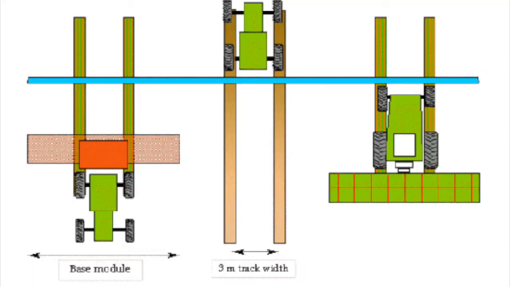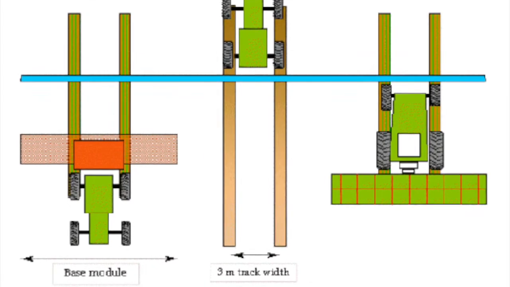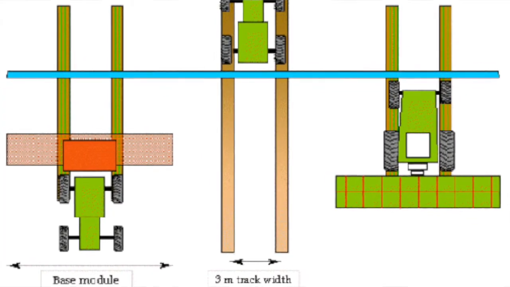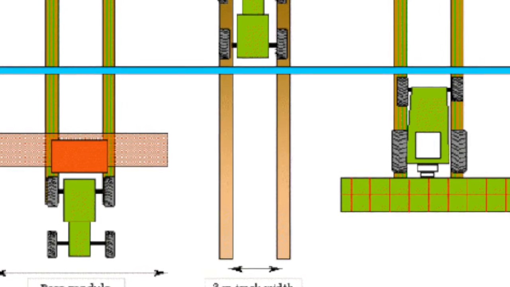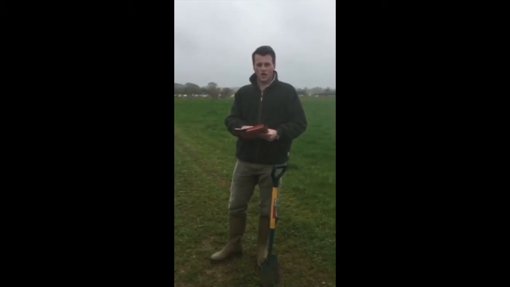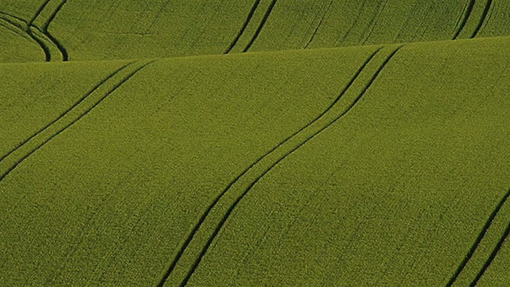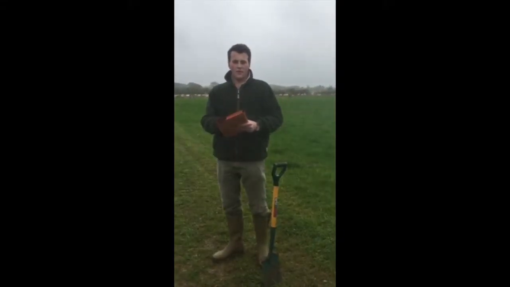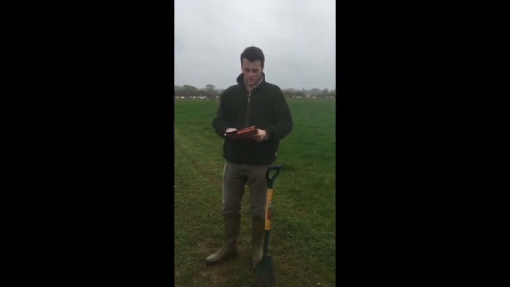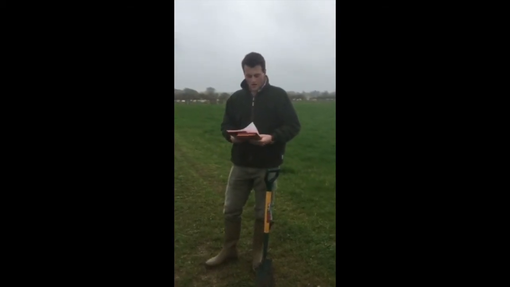Controlled traffic system. This is where in arable crops you see the same wheel lines, so you use those for every job required in that field, from spraying to rolling to all the jobs required. You use the same wheel marks, so you reduce your compaction across the field. You can also increase